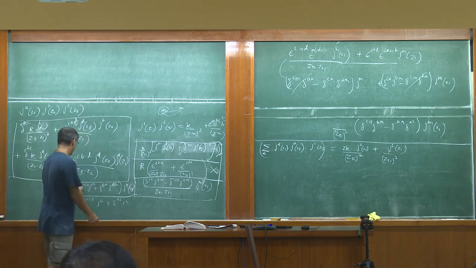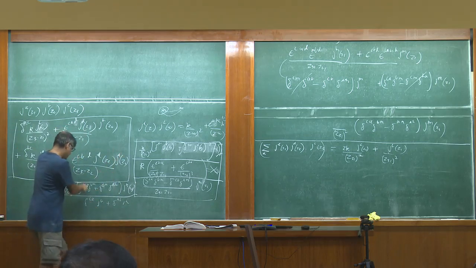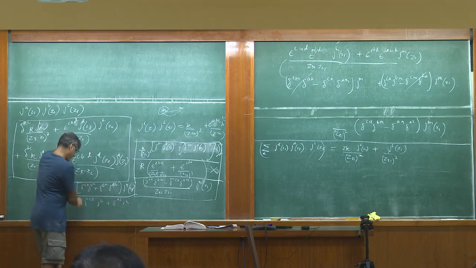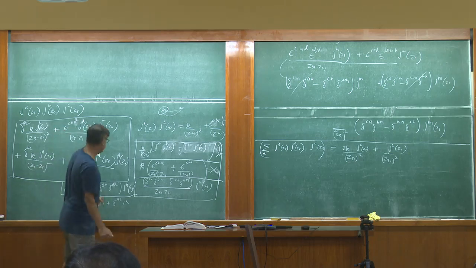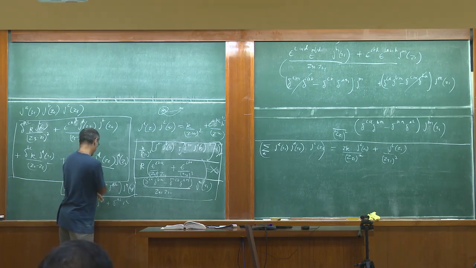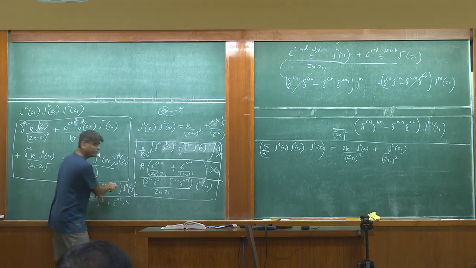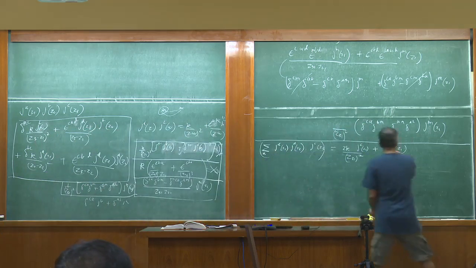So, first term, let me just write it again. Here, when I did this, I got M was B, and then I did this sum, I set A equals B and did the sum, so I got JC. Okay, so this term is okay. Now let's look at the second term. As you say, this M was C, so I get JC, and I have now a sum over, I said A equals B, and I have a sum over A and B. Okay, so that's good. So I get JC, but with a